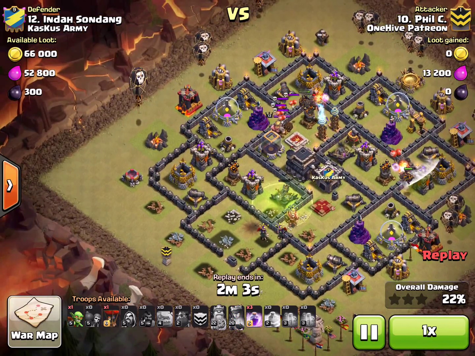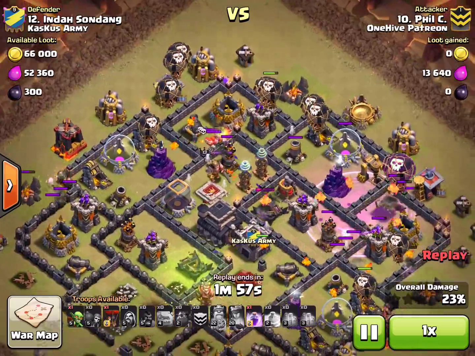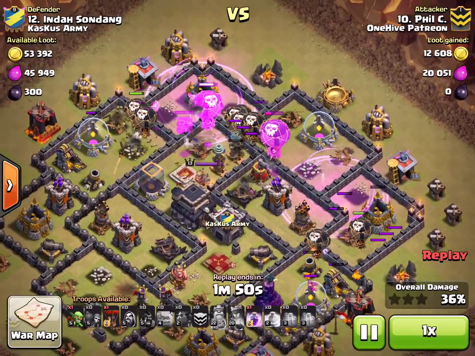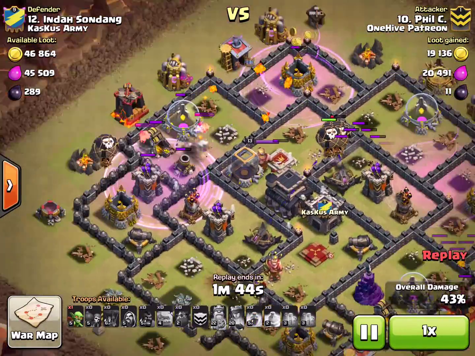That queen goes down. In come the hounds and the balloons. Up pop the Teslas, and they're really going to do work on those hounds. Sends in the rage spells very nicely, but those hounds just can't take all that DPS. He loses this side. His second hound goes to this other air defense that he was able to take down